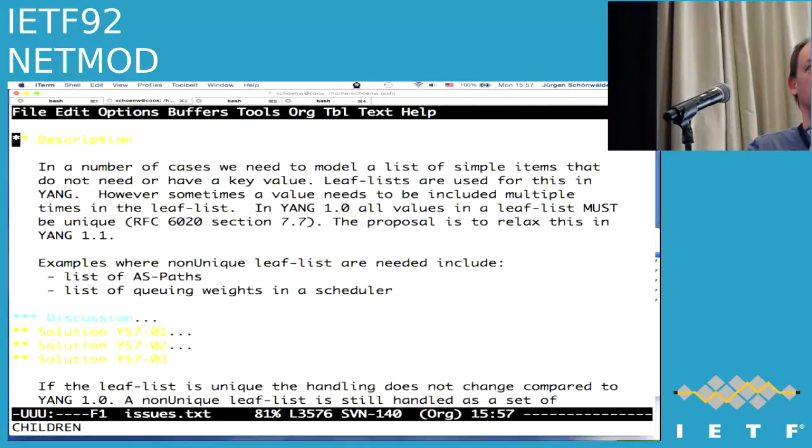So how many people have actually read all the text? The solution description is relatively lengthy and very detailed, which is appreciated because it actually tells us where things have to change. But how many people have read it? Okay. And out of those who have read it, they think that's okay,